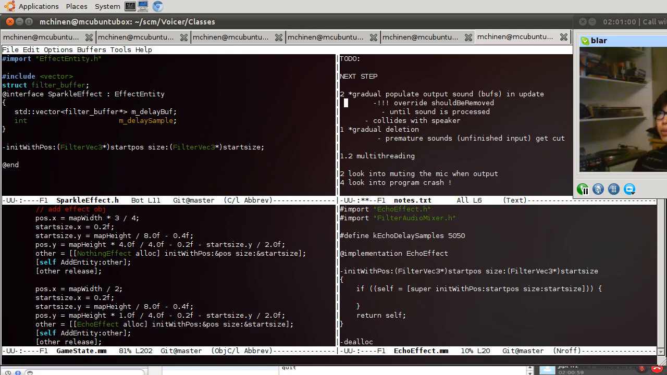So which is the most practical out of these three? I'm looking at muting the mic, gradual populate, gradual deletion. Muting the mic would definitely clean the screen up a lot. We have to think about how we want to do this though. So